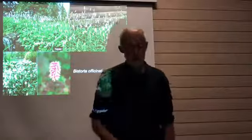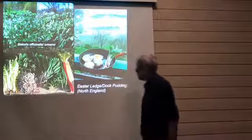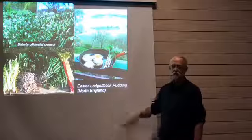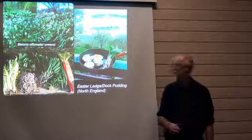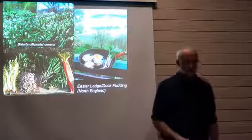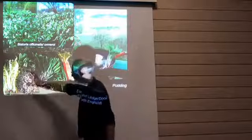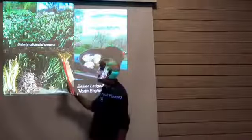which is also a vegetable which has an interesting story from the UK, because in the UK they have a very old tradition to make something they call Easter ledge pudding or dock pudding. Dock is like høymolle, you know, rumex family, sorrel, things like that. And it's actually a vegetable patty, grønnsakscarbonade, made from whole barley, and the whole barley was cooked together with a whole range of different vegetables, wild and